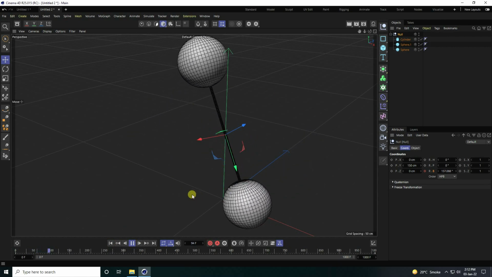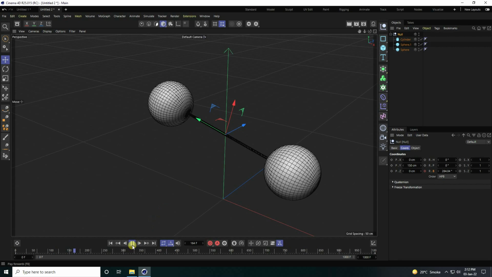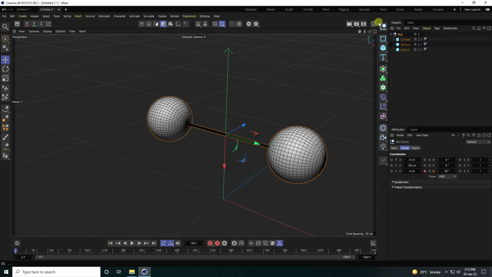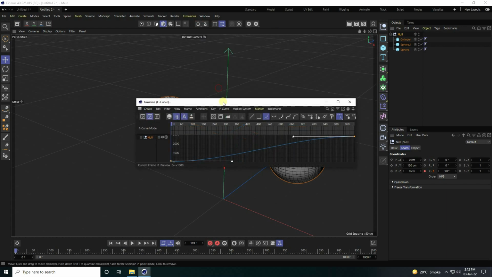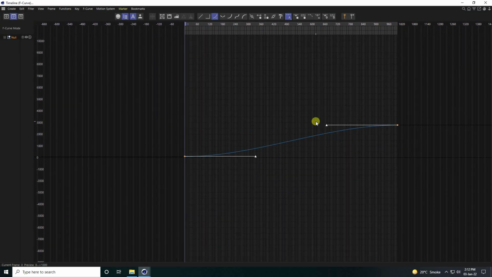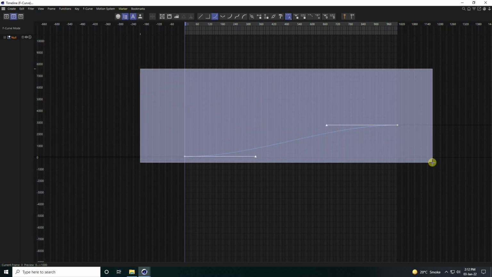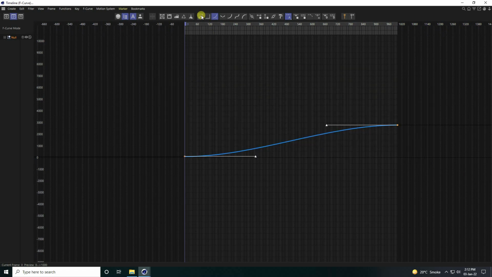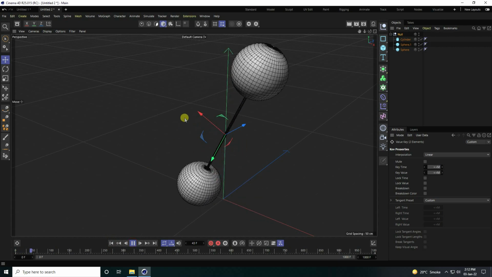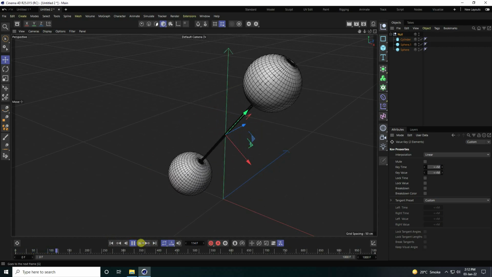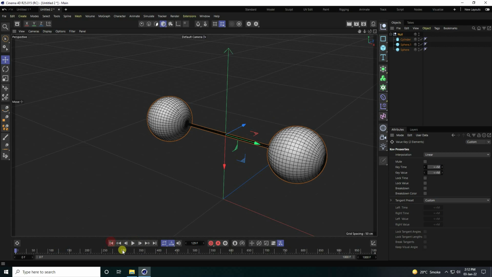Okay, so guys, now I change graph editor. So guys, select this null and window, timeline, F curve tool, this one, increase frame like this, and guys, select your graph editor. And press this linear tool. Click on linear and guys, close. So go back and play. Yeah, much better. See guys, that's my seamless animation. So go to 0 frame and that's my last frame. It's same. Yeah, it's good.